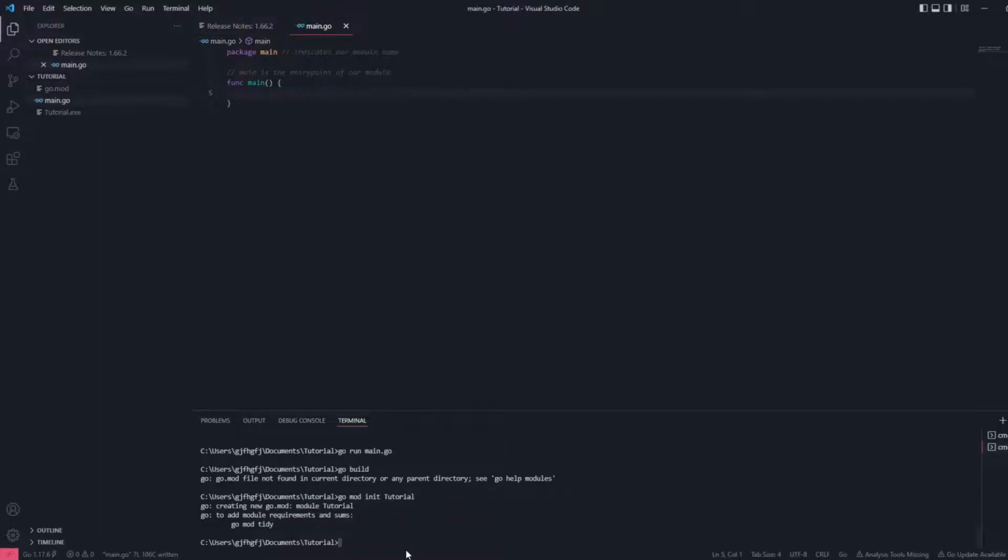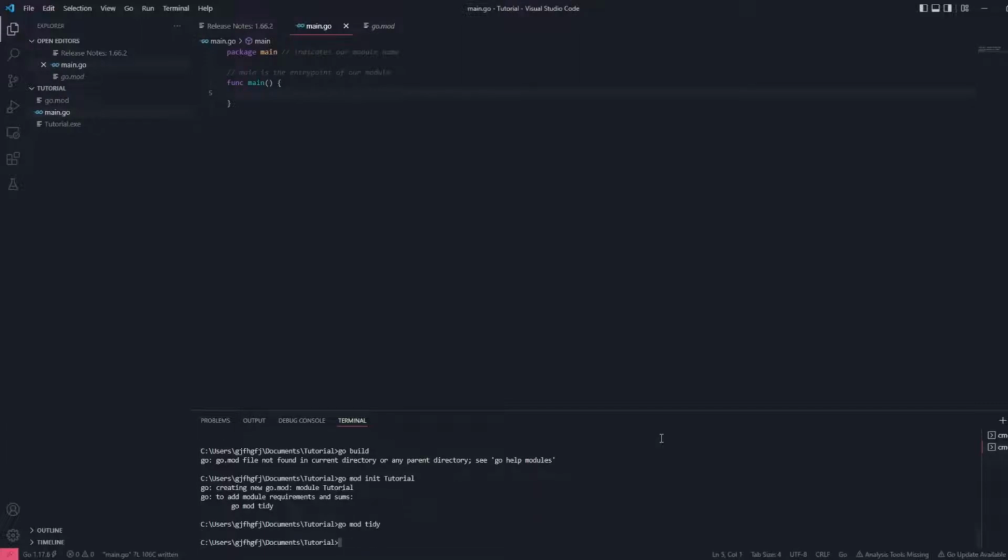Right now we just use go mod init and my module name, let's call it tutorial, to create our go mod file, which right now just says that this is called tutorial and uses the version 1.17 of Go. So it already tells me I need to do go mod tidy, so I will just do that right now. And this is all for now. I can now build it